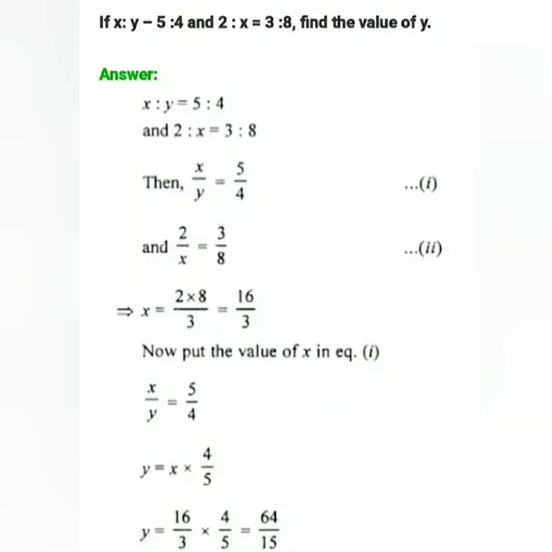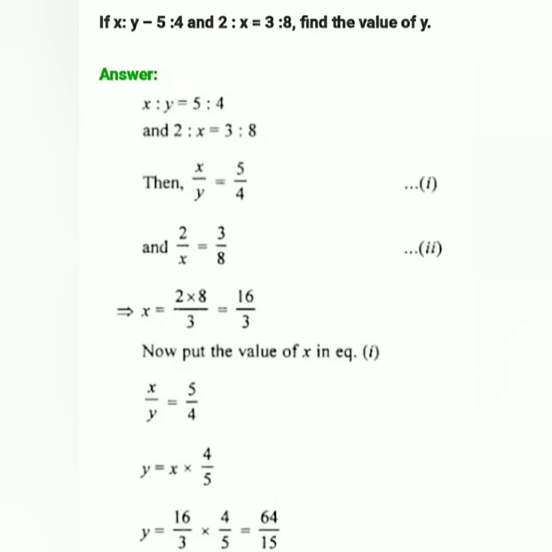Everyone, in this lecture today we are going to study the topic proportions. As in a previous lecture we have already discussed the basics of proportion. In this lecture we'll be discussing the questions related to it. So let's start. Question 1.